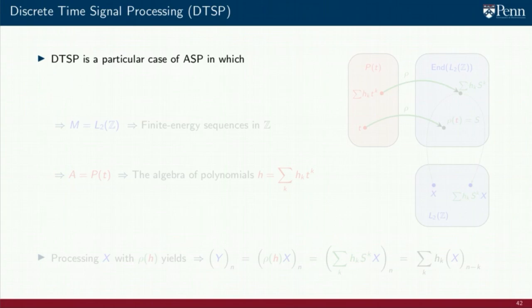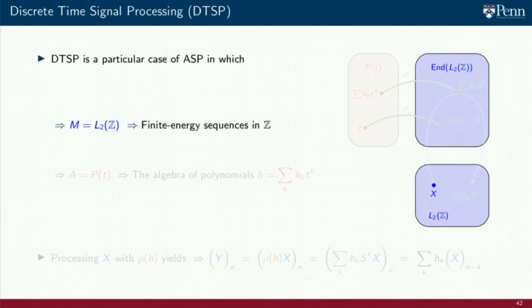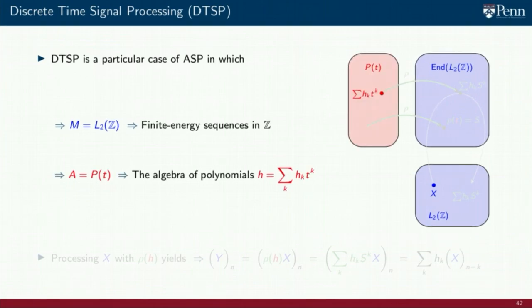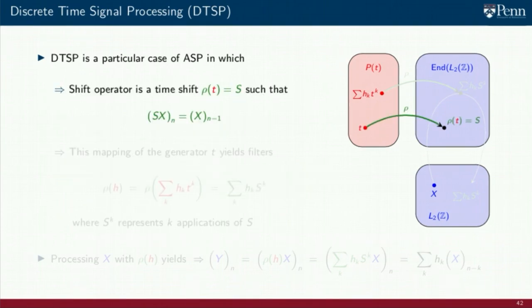Discrete time signal processing is also a particular case of ASP. In this case, the vector space where signals live is L2 of Z, the space of square summable sequences. The algebra is, again, the algebra of polynomials of a single variable, same as in graph and graphon signal processing. What changes is, again, the homomorphism. We produce a homomorphism in which the polynomial t that generates the polynomial algebra is mapped to the time shift